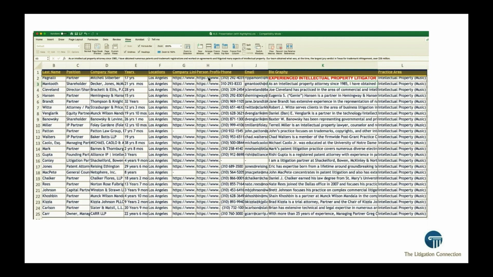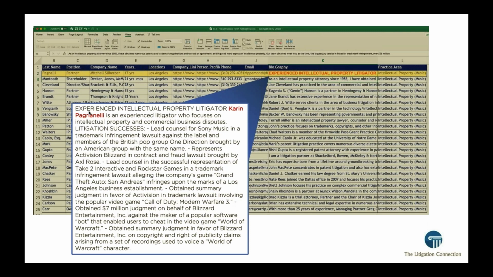We also pull in their personal profile URL, and that's where we get most of the information, from their own company page. Many times we get direct phone numbers, emails, and then this biography is this unstructured data, which is where we find all the information about your ideal customer. So in this case, we're blowing up that biography piece,